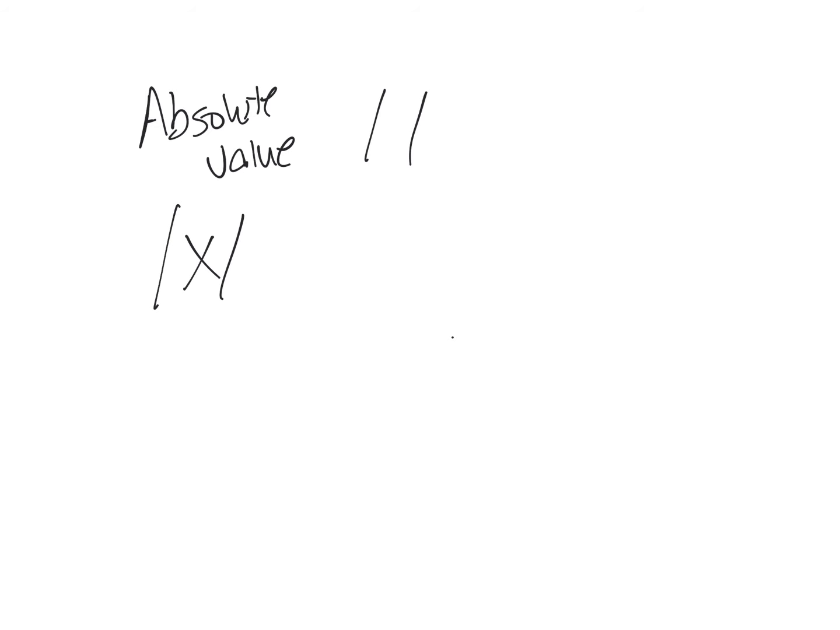Okay, so I want to talk about absolute value. What we need to understand is the absolute value symbol, which looks like two parallel lines. So if I have the absolute value of x, right, is negative 10. Well, we're talking about absolute value. It cannot be a negative